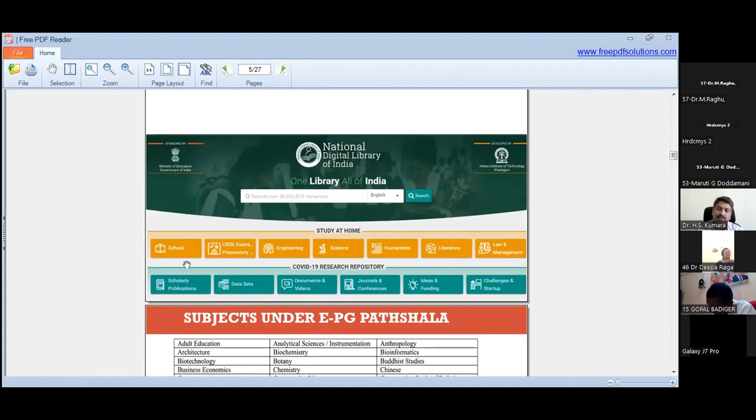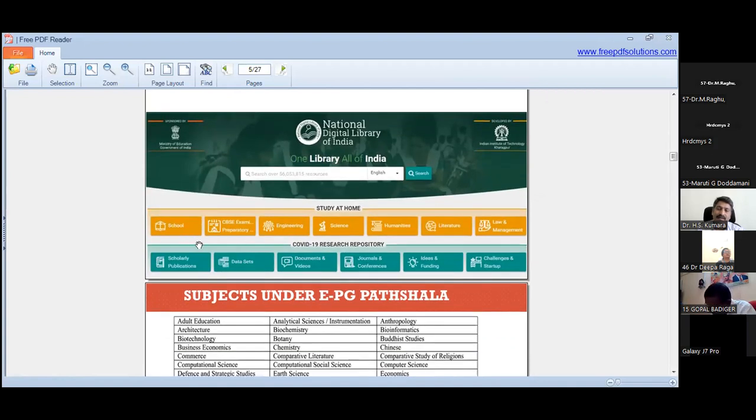Under the main page, so much information is available, covering the school level, then engineering, then various humanities, literature, then law and management, all the things. Go to the respective subject, because 68 lakh e-books are made available under the National Digital Library, which is managed by the Indian Institute of Technology Kharagpur, IIT Kharagpur.